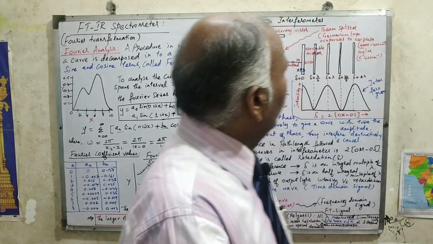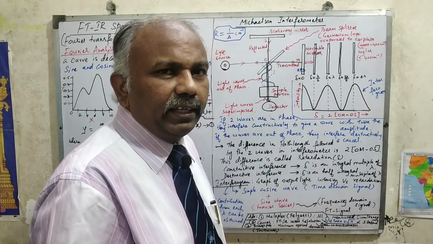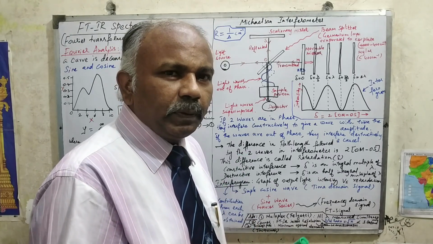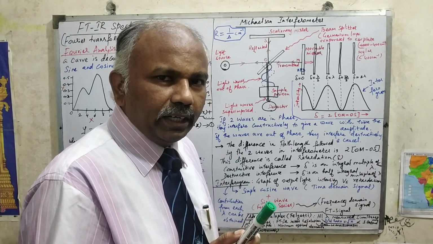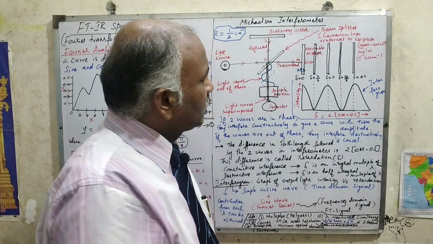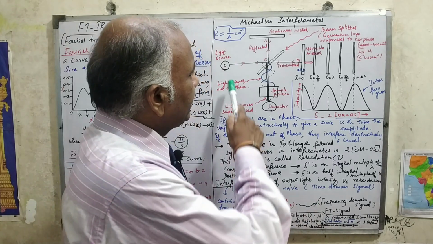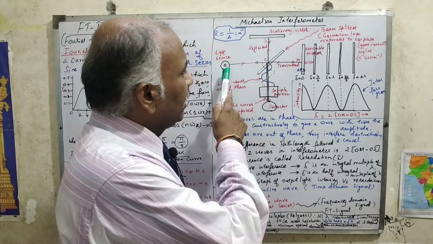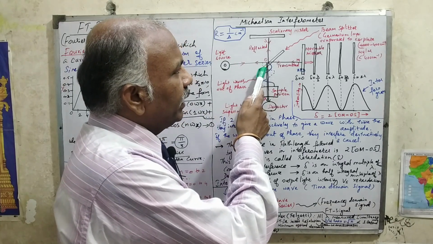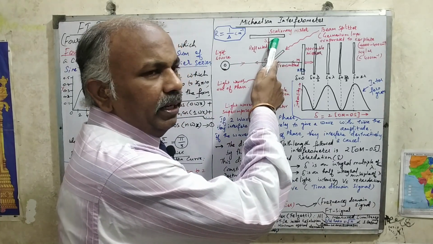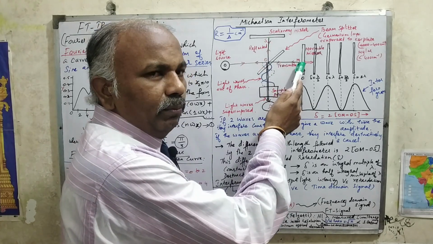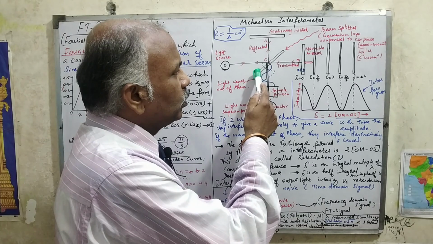Is it clear? Now, when I talk about this FTIR spectrometer, here we are not using any monochromator. Only in the dispersive IR spectrometer do we use a monochromator. Here we are using a Michelson interferometer. This interferometer has this type of arrangement. Here we have the IR light source, preferably the globar source. Here we keep one stationary mirror and here one movable mirror, and in between these two we keep a